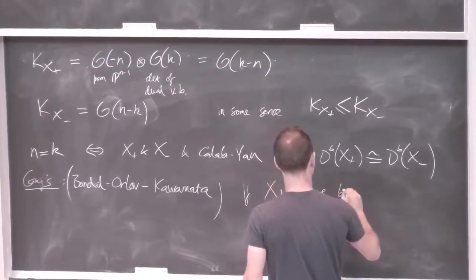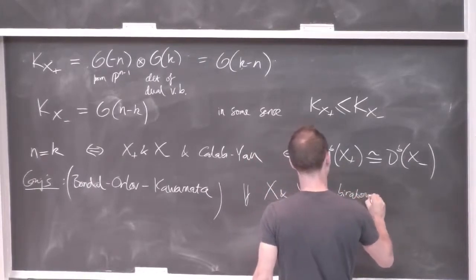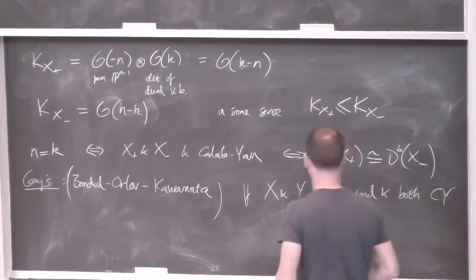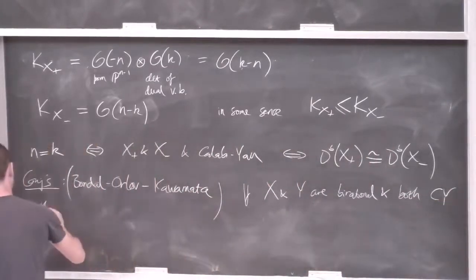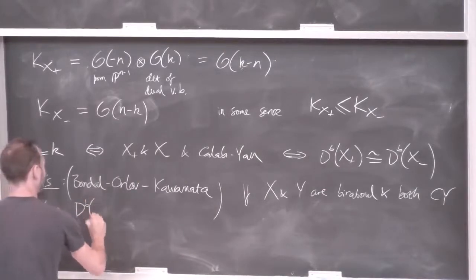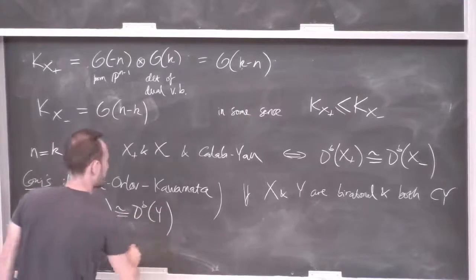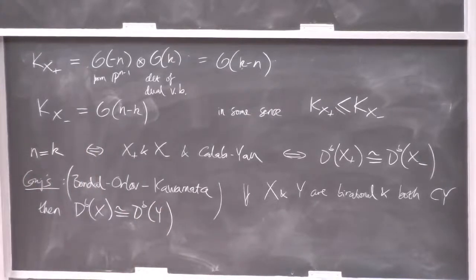So if X and Y are birational and both are Calabi-Yau, so they both have trivial canonical bundle, then the conjecture is that they're derived equivalent. So the Atiyah flop, or the flop in higher dimensions, is just one example,